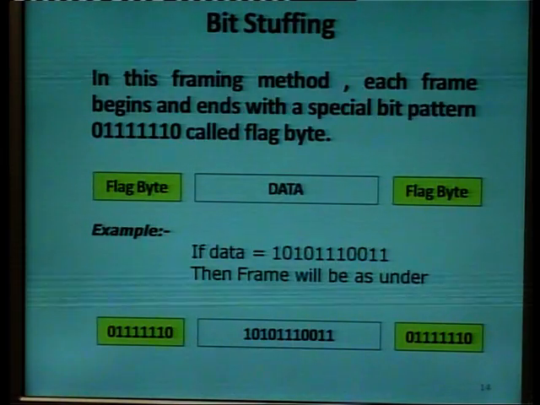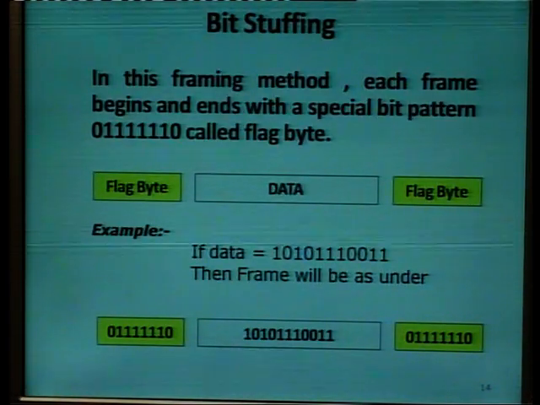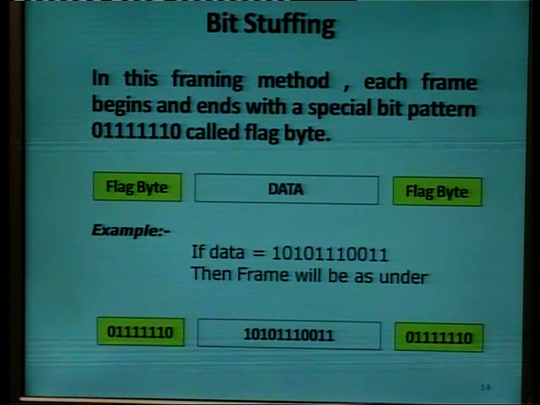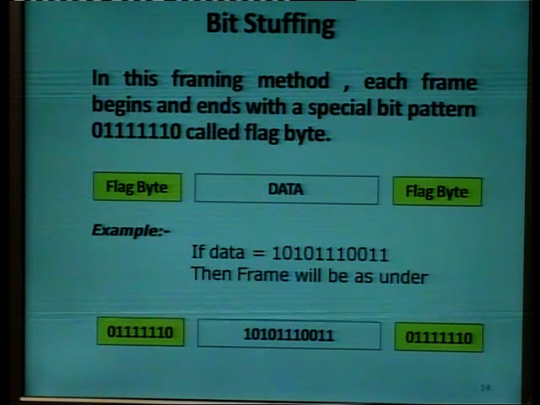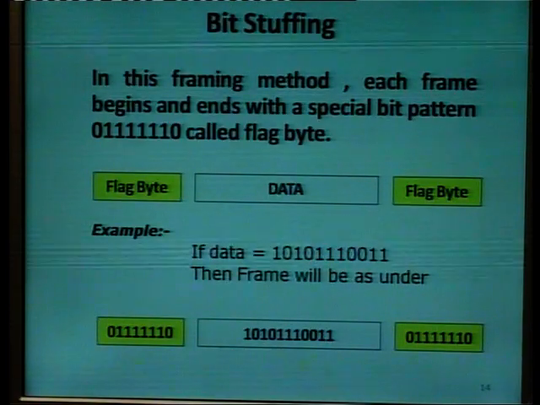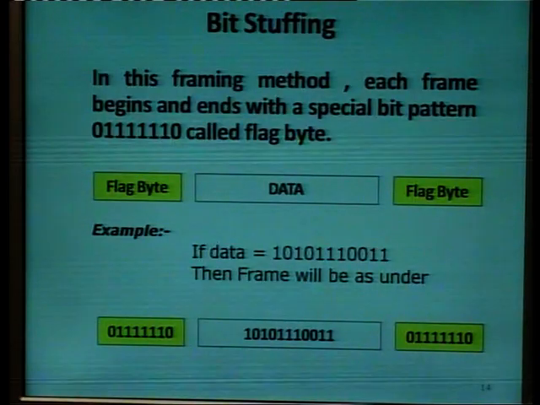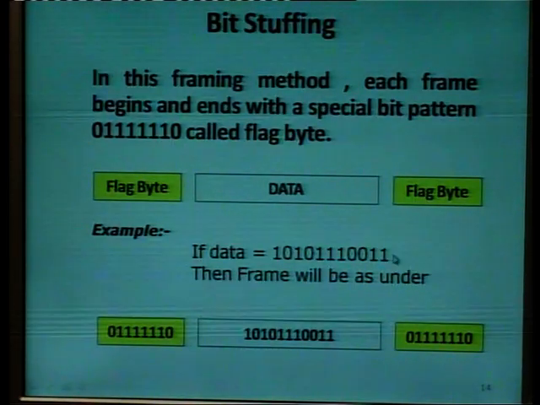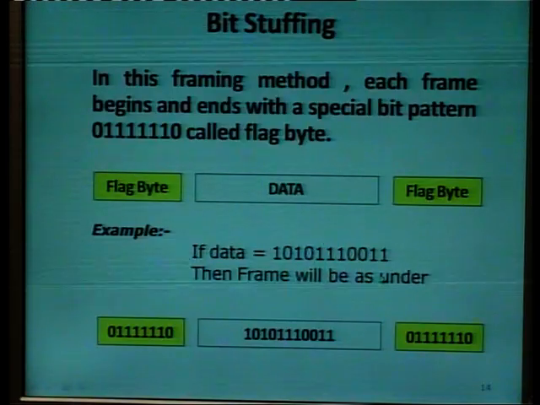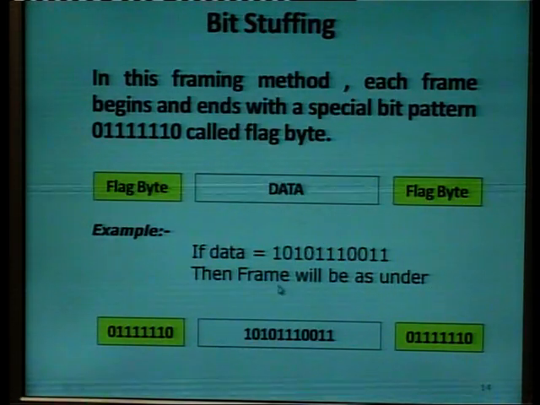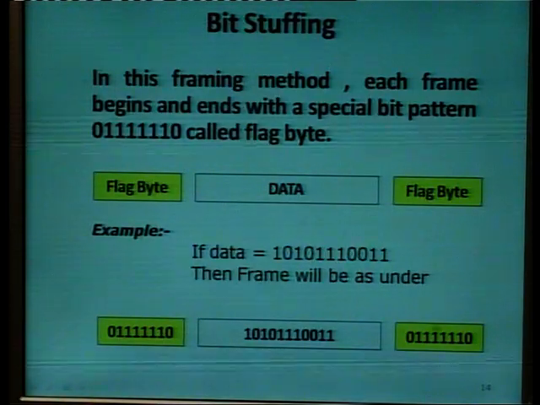That byte is called the flag byte, which contains 0, six times 1, then 0. This is called the flag byte. Now this flag byte is added before and after the data to make a frame. For example, if the data is 1010, 111, 0011, this is the data, then the frame will be as shown. This flag byte will be added before the data,